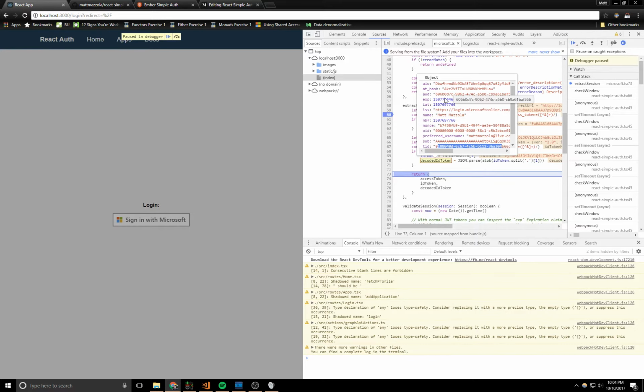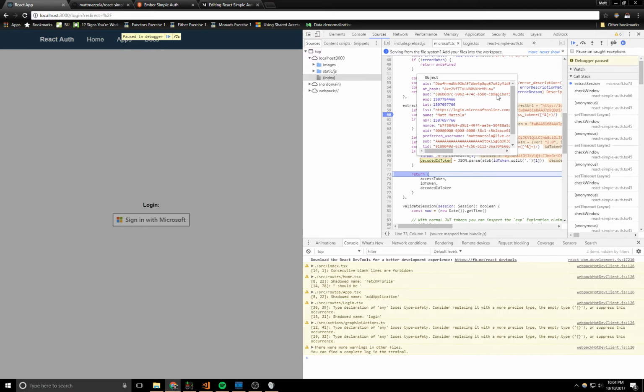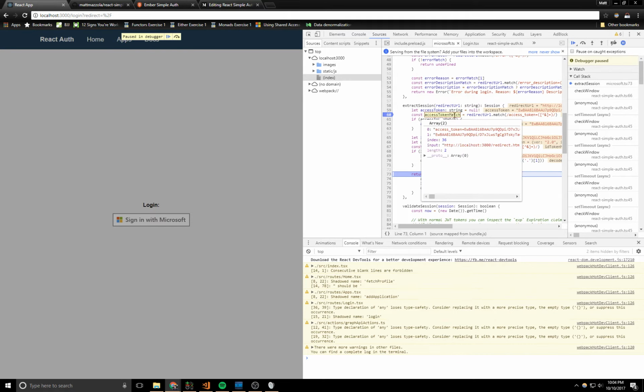Let's see, it was issued by Microsoft Online, which is AAD, has a specific audience, which I believe is the Graph API or something else. Oh, this is the ID token, so that's not an API. The access token will have more important information. Anyways, we return this entire object as a session,